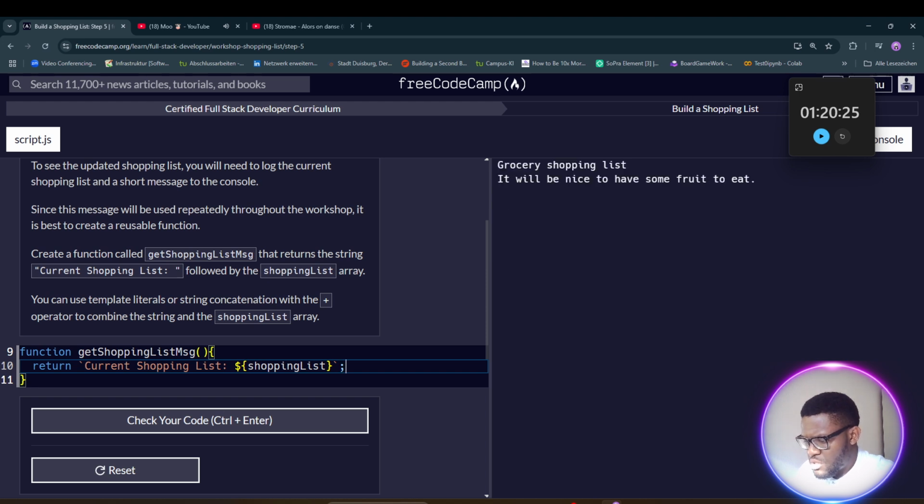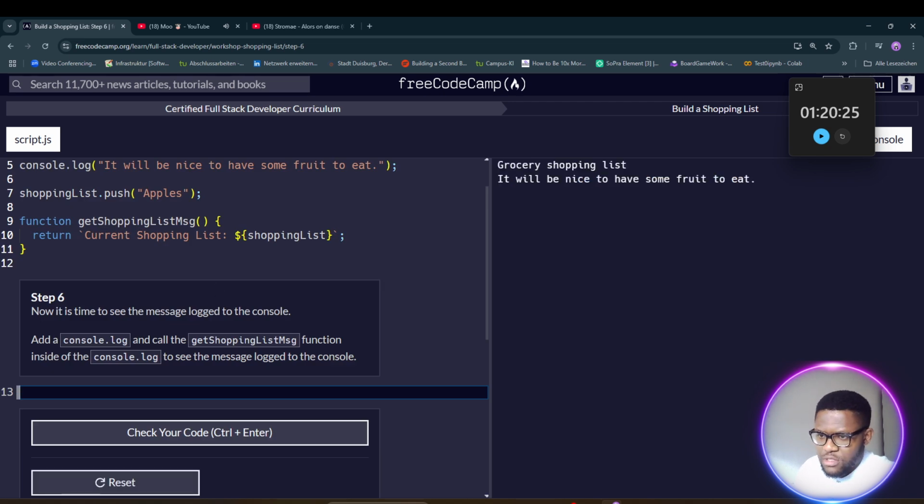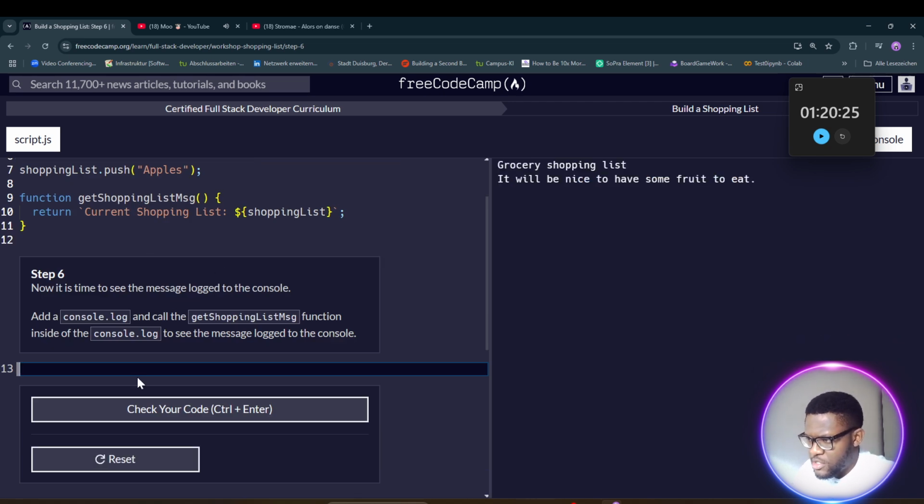I'm sure that there's always this automatic semicolon insertion, ASI, but I always prefer to do it by myself to have good habits in programming, especially in JavaScript. Now it's time to see the message logged